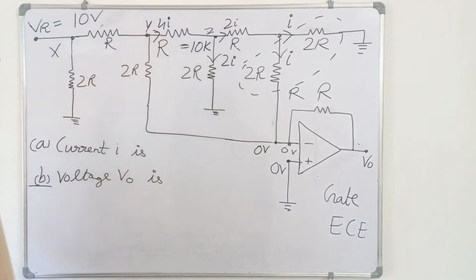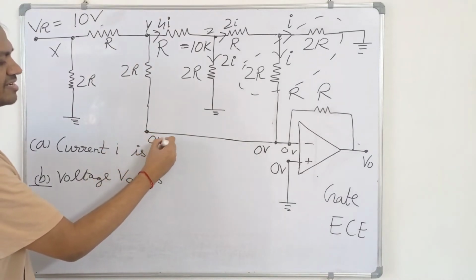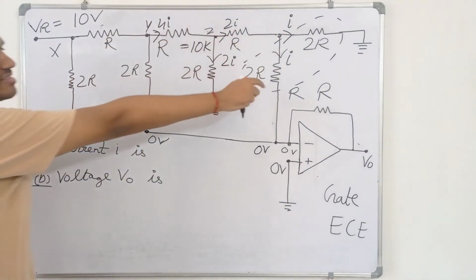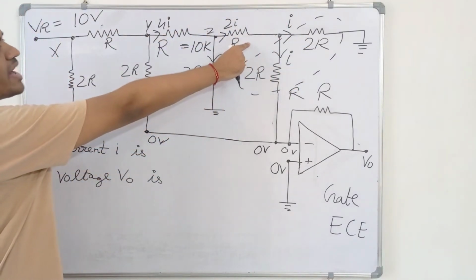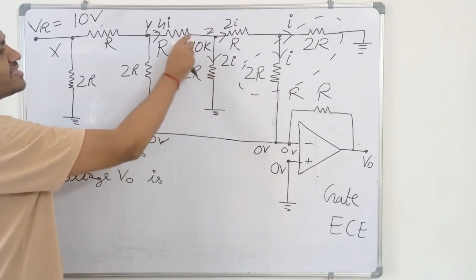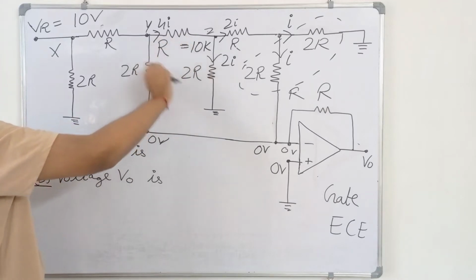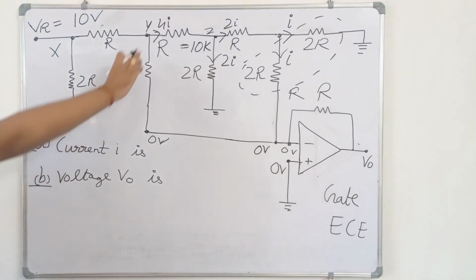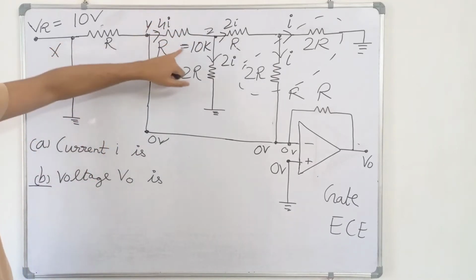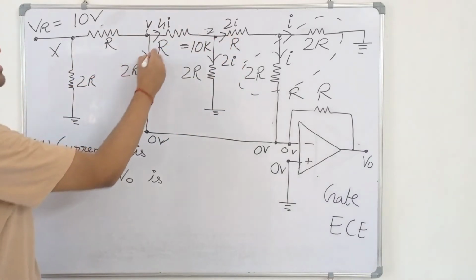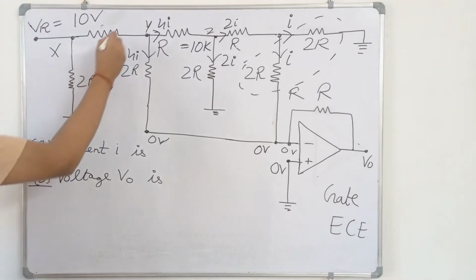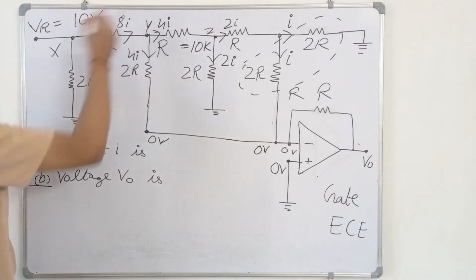Now if you look at Y, this 2R is connected to 0 volt, and if you look at this combination on this side, this is R and R, 2R, then this 2R and 2R are in parallel, so the equivalent is R. Then this R and R connected in series, so the equivalent resistance is 2R. So if 4I current is flowing through this equivalent resistance, then this resistance is also 2R, so 4I current will also be flowing here only. So this current must be equal to 8I.